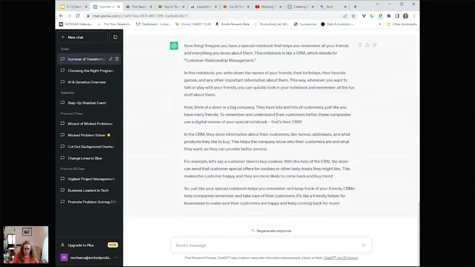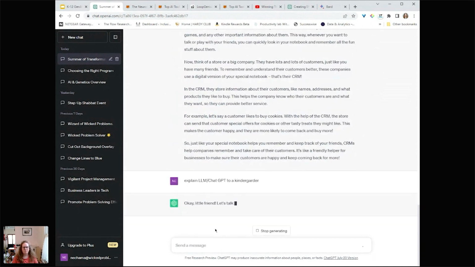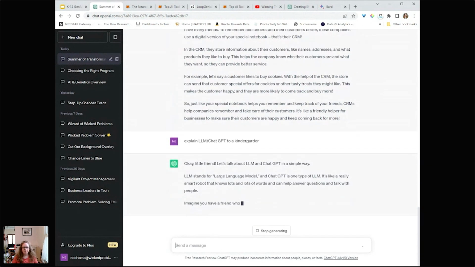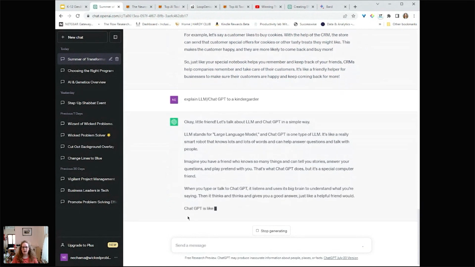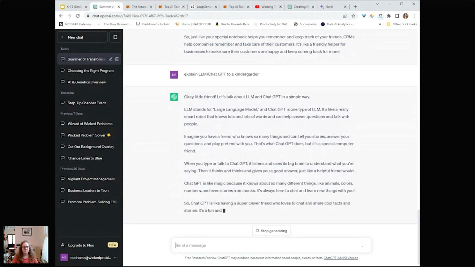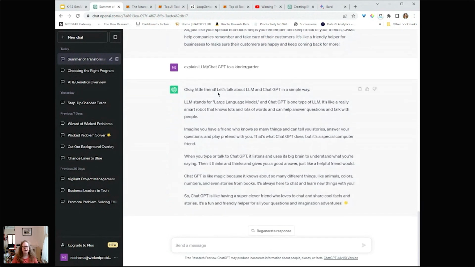So if you're in fourth grade and you want to understand that, you could do explain large language models, ChatGPT, to a kindergartner. Okay. So it sits down and writes things out. Now, it's unfortunately not written in a way that you can do this.